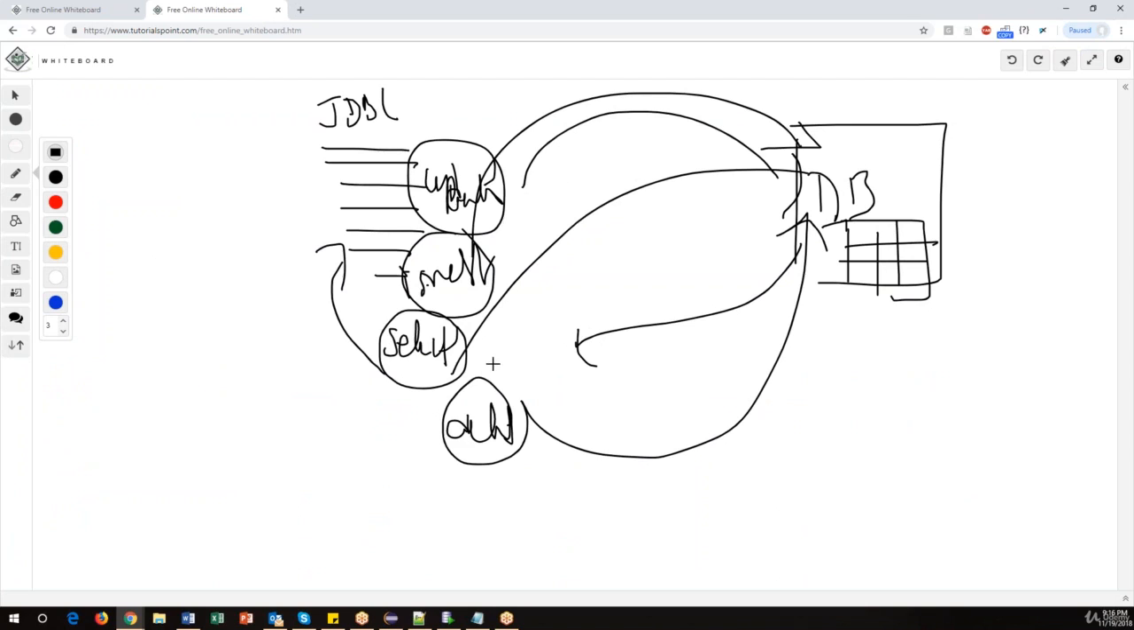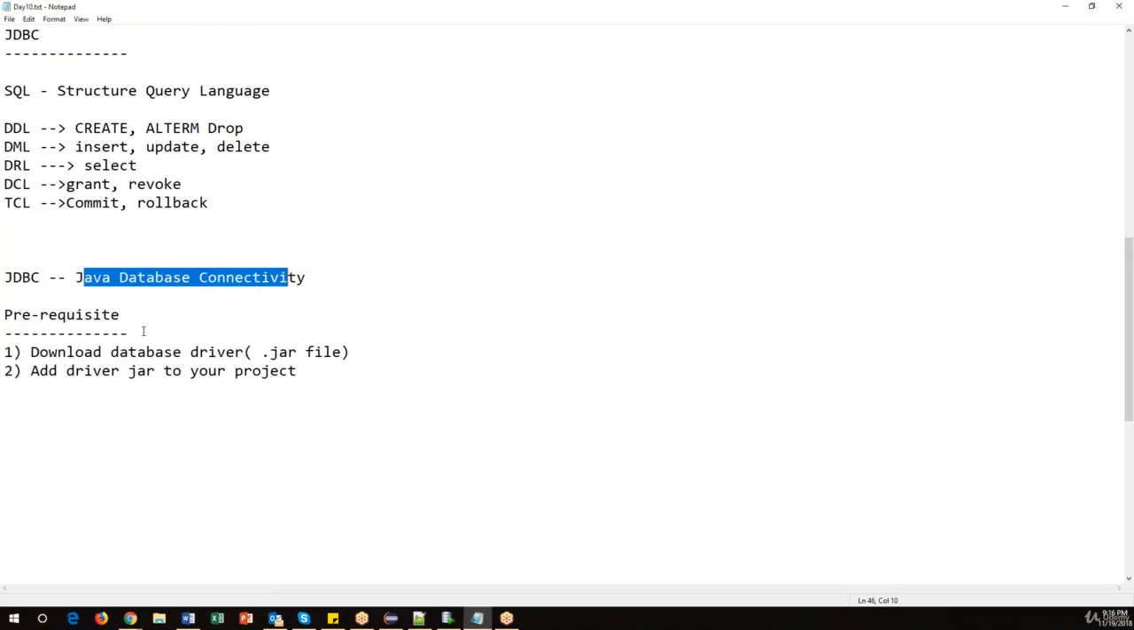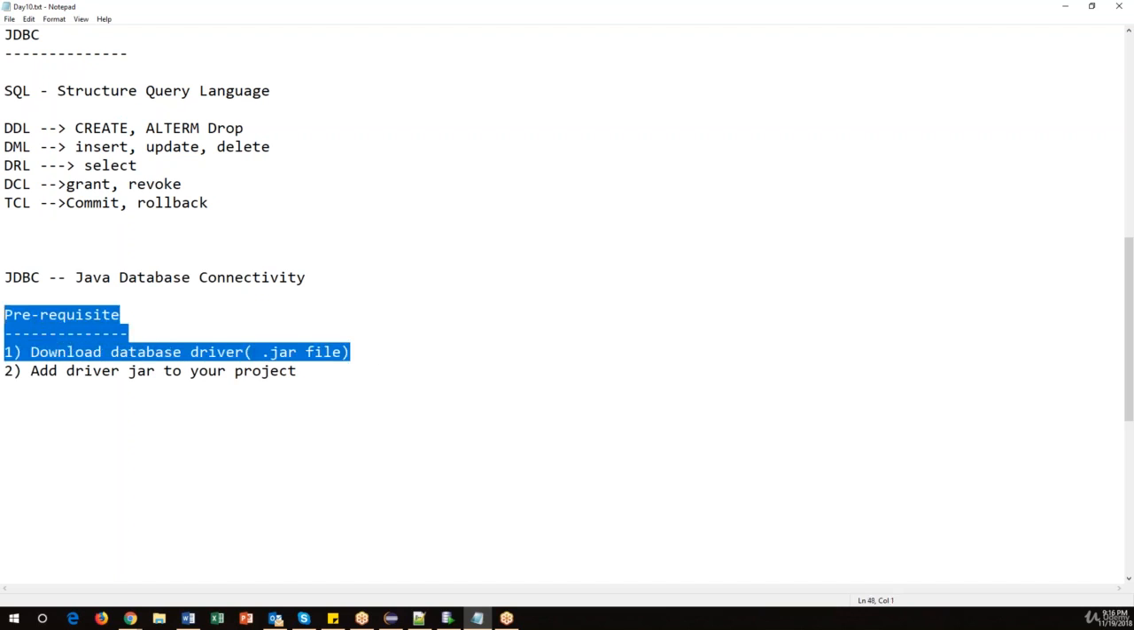Now we'll see how we can do this, and to do this, we need some prerequisites. What are those prerequisites? Let me write them down: for Java Database Connectivity, first download the database driver. For every database, a separate driver is available. A driver is simply a jar file which contains predefined classes and everything. We have to